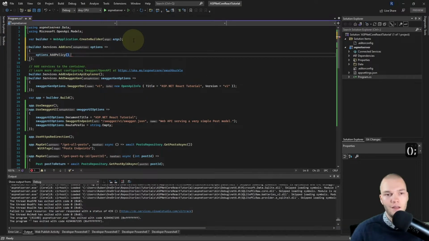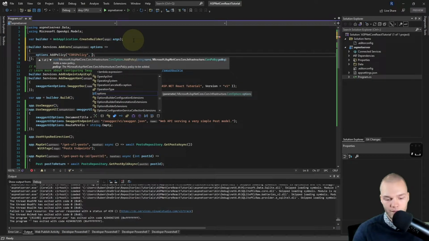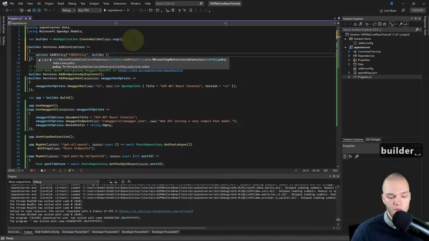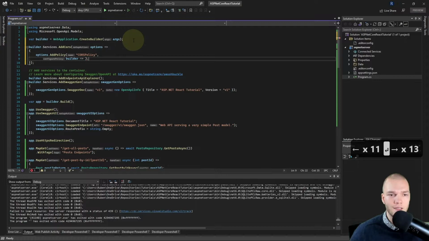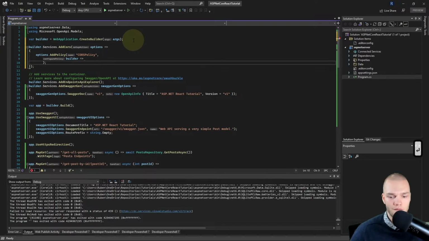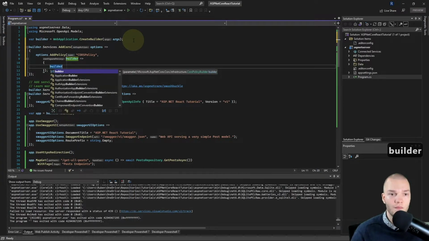options.AddPolicy, and then add parentheses. And for the name, I'll do CorsPolicy, and I'm gonna add a comma, and we will do another anonymous function or lambda. So I'll do builder, arrow. So I'll actually bring this builder to the next line, and then I'll do enter to go to the next line, add curly braces, and then let's run some things.